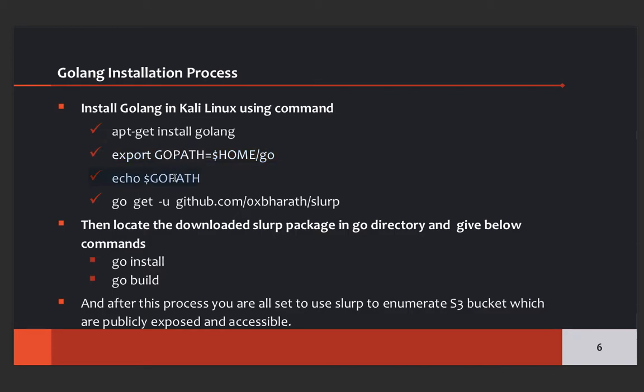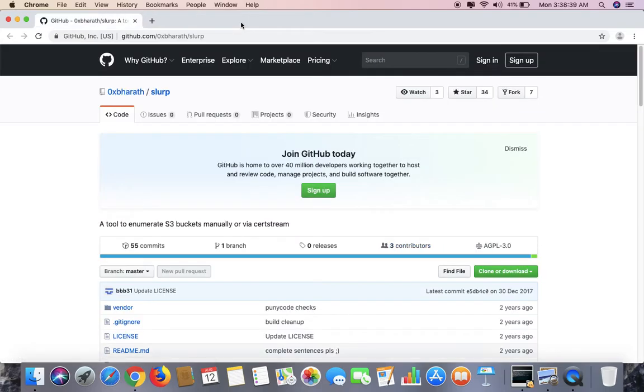After that, we use the command echo $GOPATH to confirm exactly which directory Go has been shifted or exported to successfully. And once we know the directory, we simply have to... I'm really sorry, something hasn't opened here.